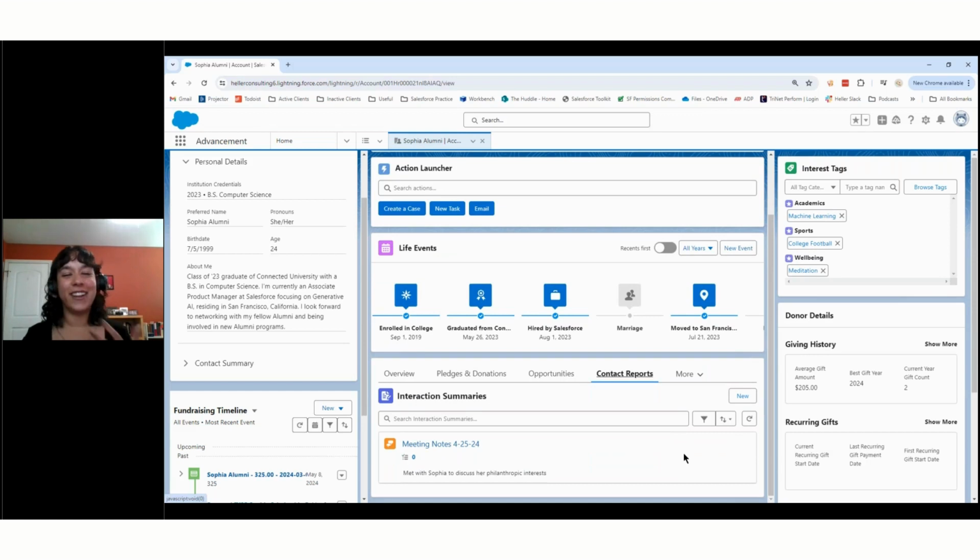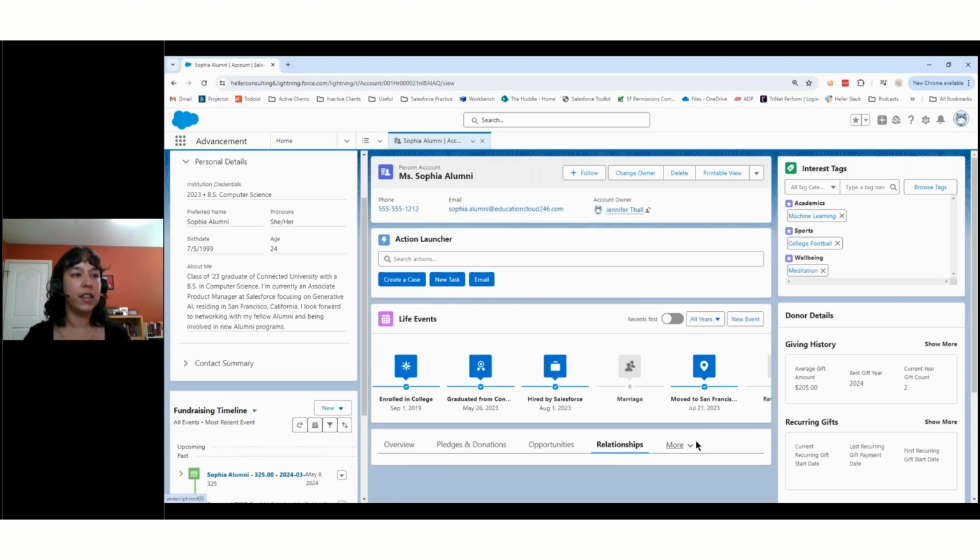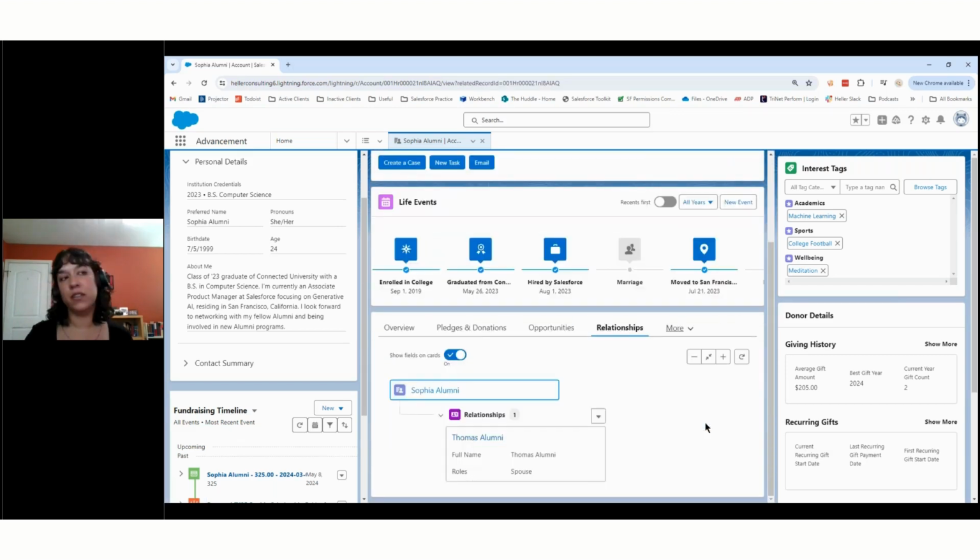You'll have a place to track your contact reports. So as you engage with Sophia and interact with her, you'll have a place to keep track of all of those notes and follow-up items all in one place. I'm able to see her relationships, so I can see that Sophia has a spouse who's also in the system,